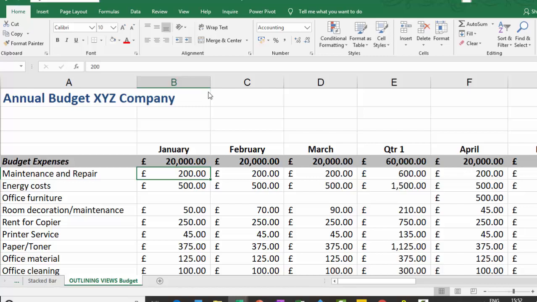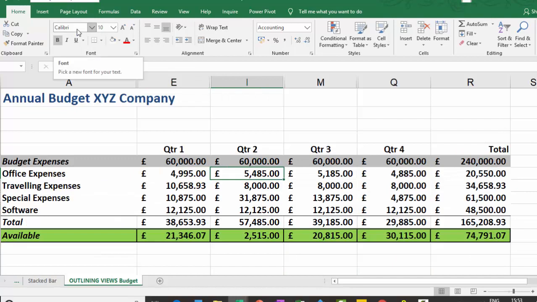One of the skills that we can teach you on our level 2 course, which we call Ninjas, is how to slice and dice your data. I've got a lovely spreadsheet here, which is a budget spreadsheet, monthly, quarterly, annually. I'd like to know how much I'm spending, how much I've got left. I'll teach you how to slice and dice it, and then how to see it like this